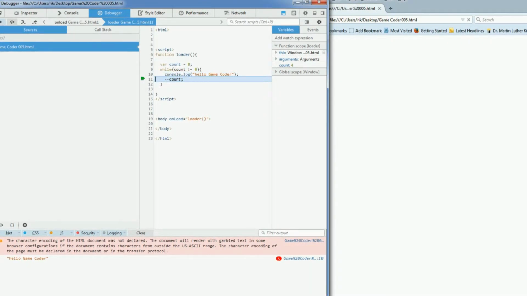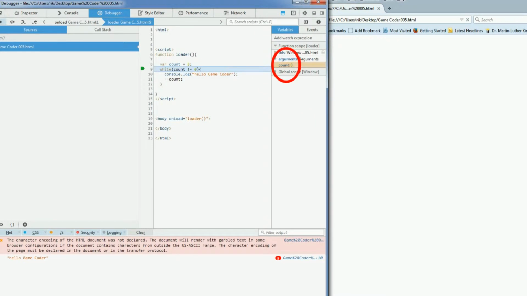So it'll print hello game coder again. The badge went up to 5. Decrement the value of count. And again, count is now 2. Count is now 1. So this time, decrement count. Count goes to 0. We jumped back up to the while line,